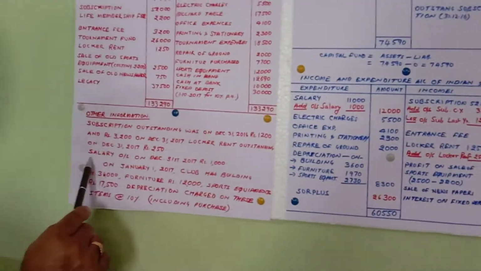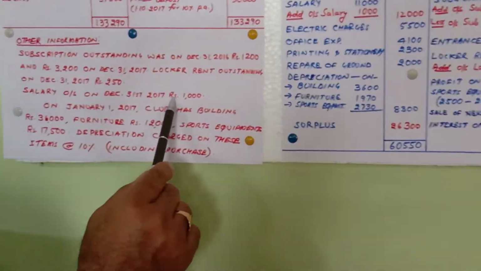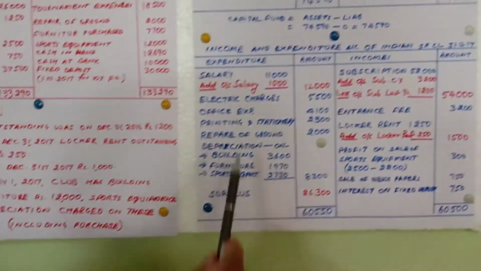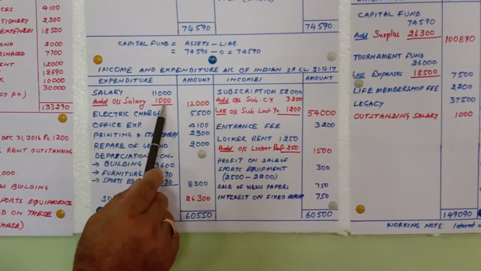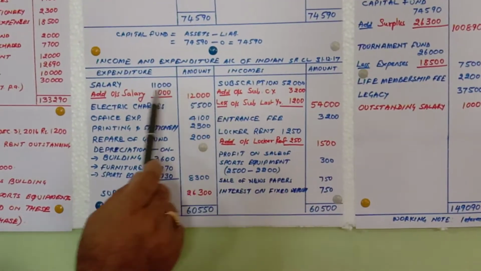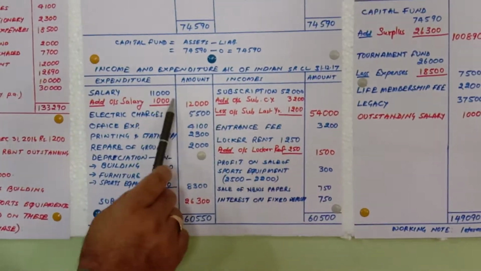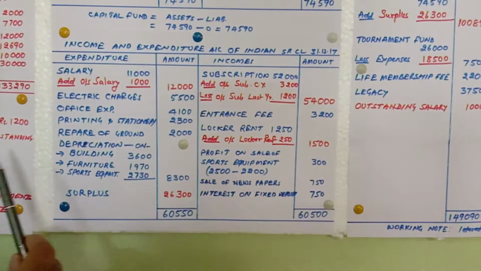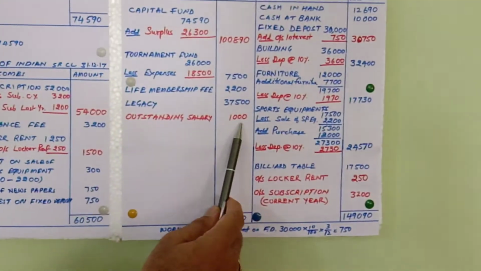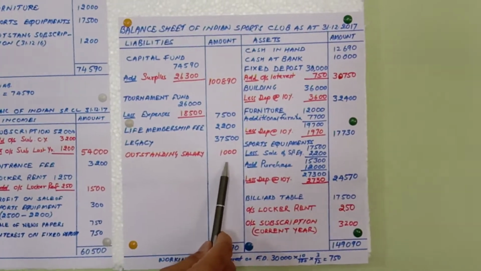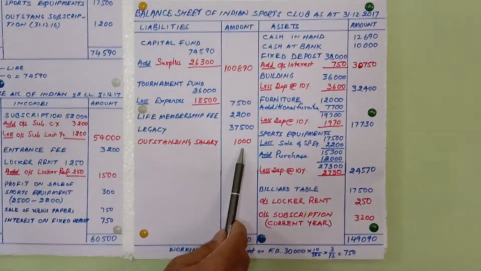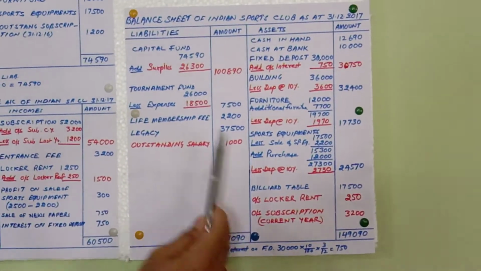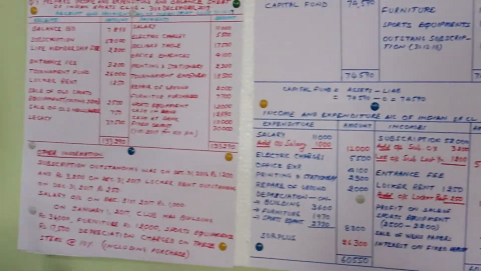Then coming to salary outstanding on 31st December 2017, that means current year. So what I did is I added it in the salary with this red ink, and then 12,000 is shown in the outer column. Now this 1,000, the second effect, where it will be, you know that last year in the final account we have taken it as a liability. So exactly the same thing I have done. Last year's liability, outstanding salary or any other outstanding expenses, will be taken on the liability side. Then I think up to here it is over.